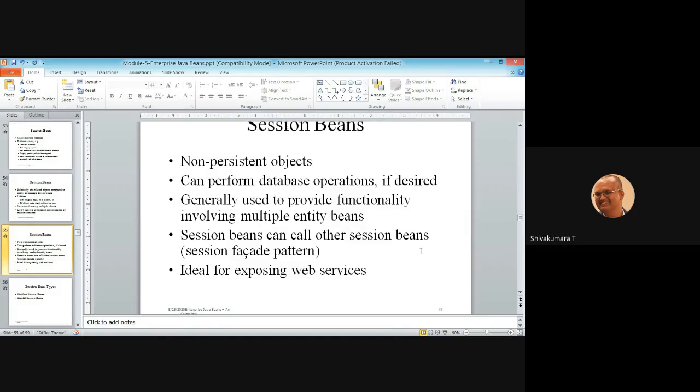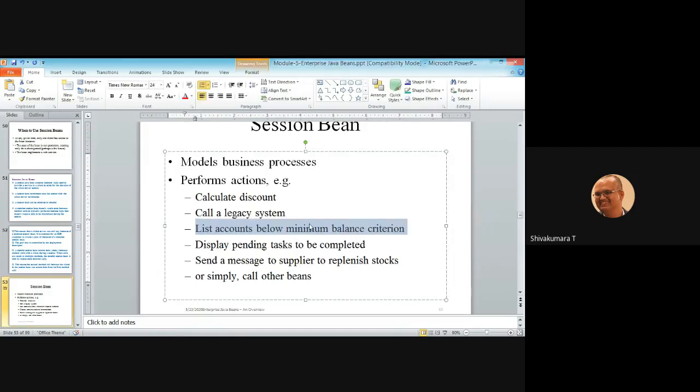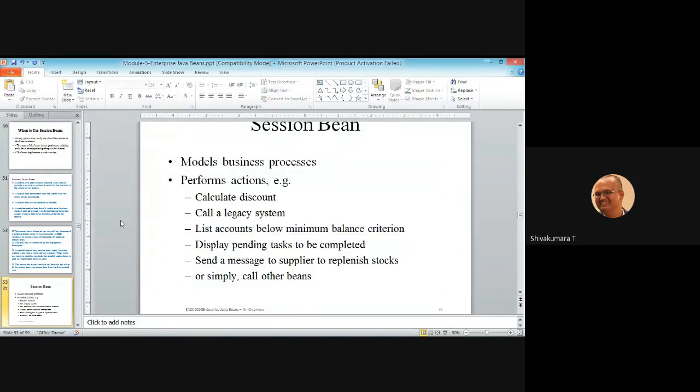Yes, it is listed in the example: list all the accounts below the minimum balance criteria. This is fetching data from the database. Since session bean uses the enterprise concept, obviously it is querying for the entity bean, not just simply the database.